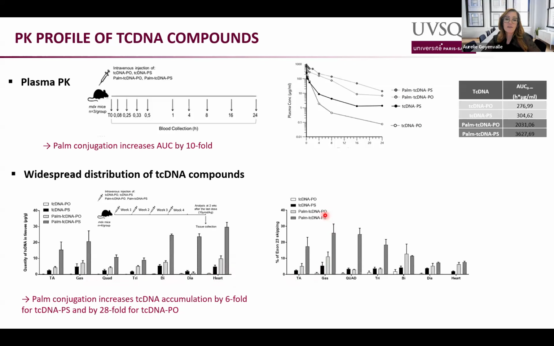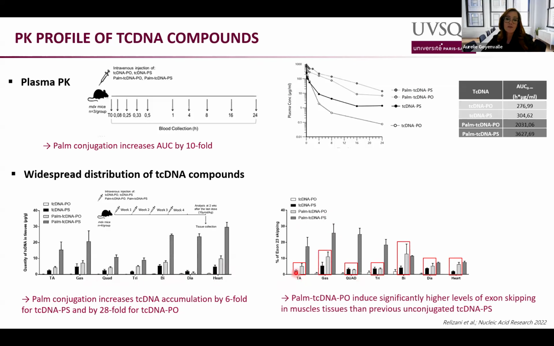And interestingly, that also correlated in efficacy. We were particularly interested in looking at the previous generation in black, which is the unconjugated Tricyclo-PS, with the new generation of PO conjugated to the palm. And we could see that the palm PO tend to induce even higher exon skipping than the previous generation of